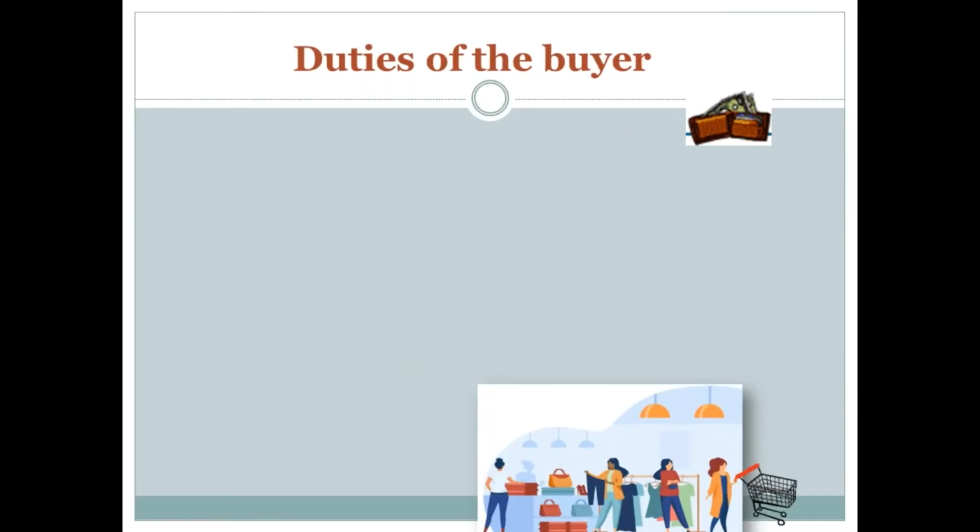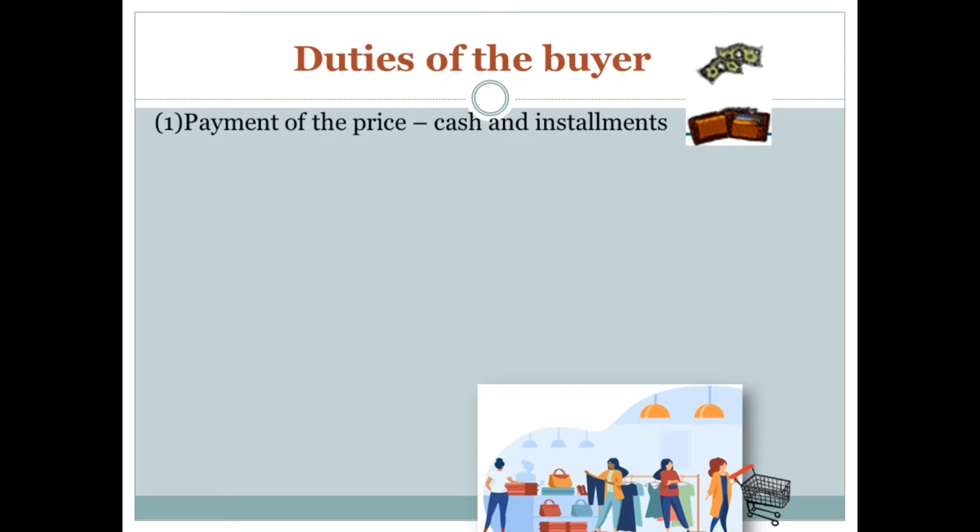First, the duties of the buyer. Payment of the price. Buyer should make payment according to the terms agreed in the contract. If it's a cash sale, payment should be unconditional. It should be in full and at the time and place agreed in the contract. If payment is by installments, buyer should not default in the payment by installments as agreed until payment is in full. Then, if buyer is paying using a check, the buyer is not freed until the check is met at the bank.